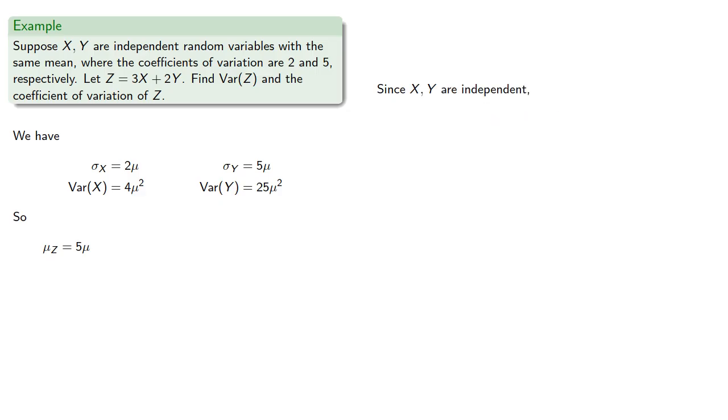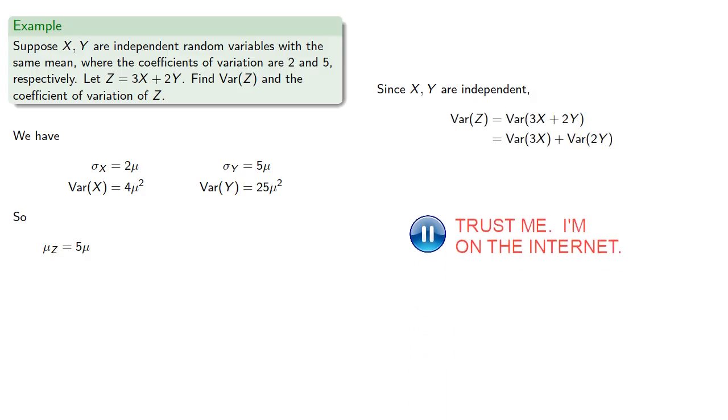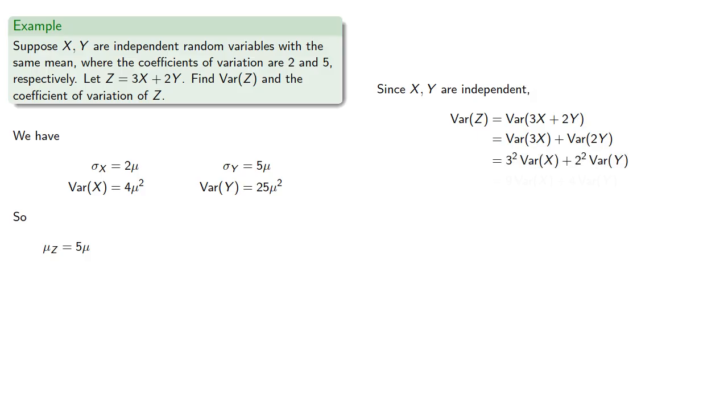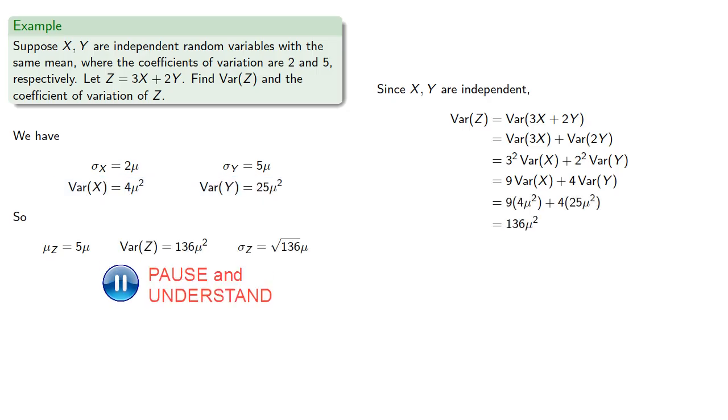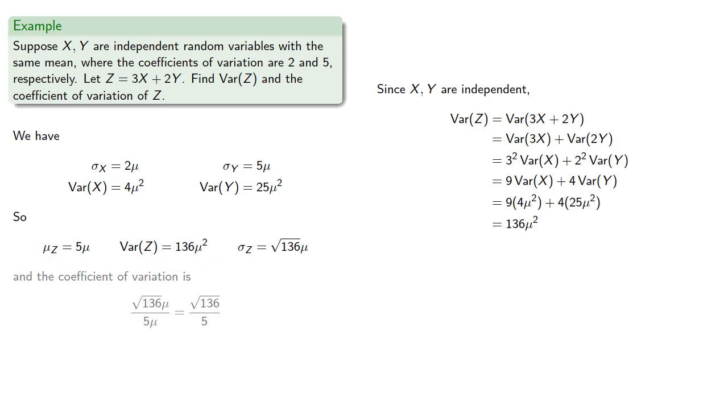Since the two are independent, the variance is going to be, so we can remove the constant factors as the squares of those factors. We know the variances. Substituting those in gives us the variance of z, and the standard deviation is going to be the square root, and the coefficient of variation will be